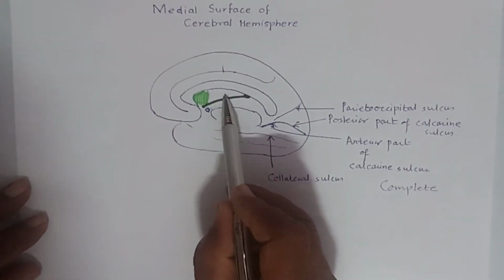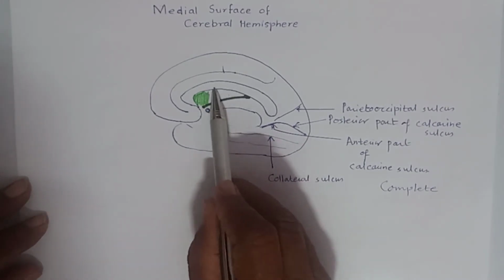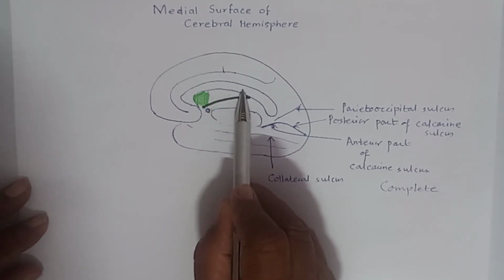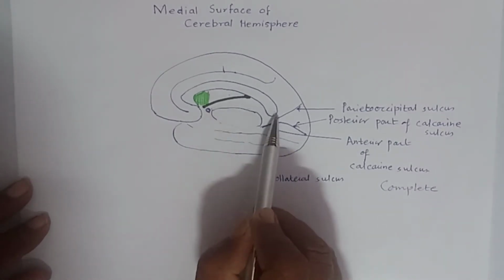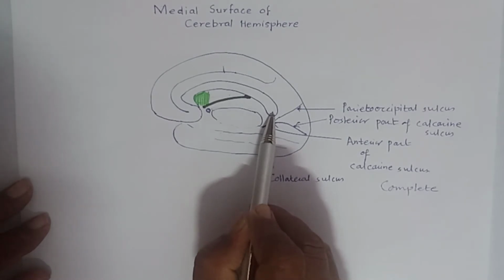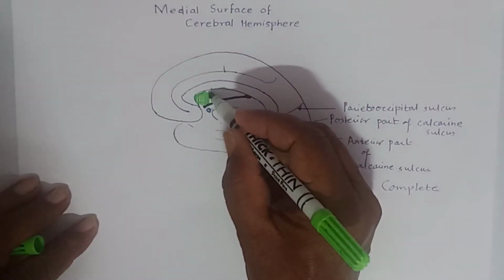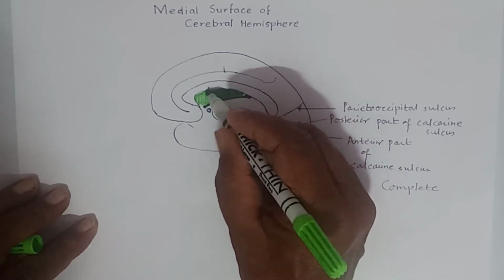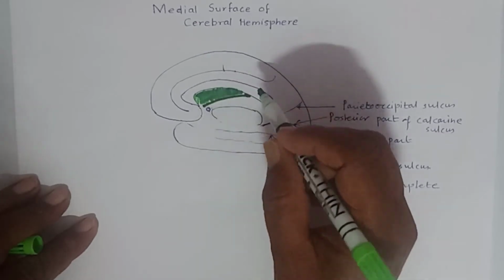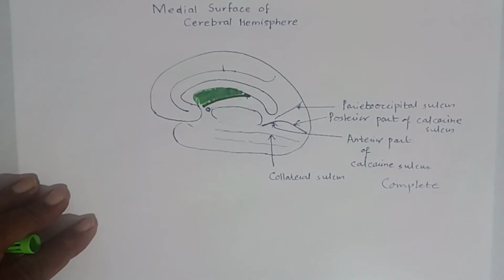This is the central part of the lateral ventricle. Roof is formed by the inferior surface of body or trunk of the corpus callosum. It extends from the level of interventricular foramen to the splenium of corpus callosum. The medial wall is formed by the septum pellucidum, and the column of fornix and body of fornix in the posterior part.